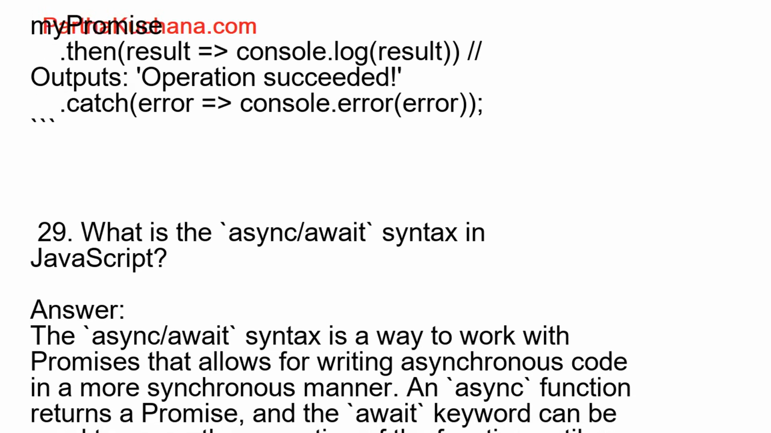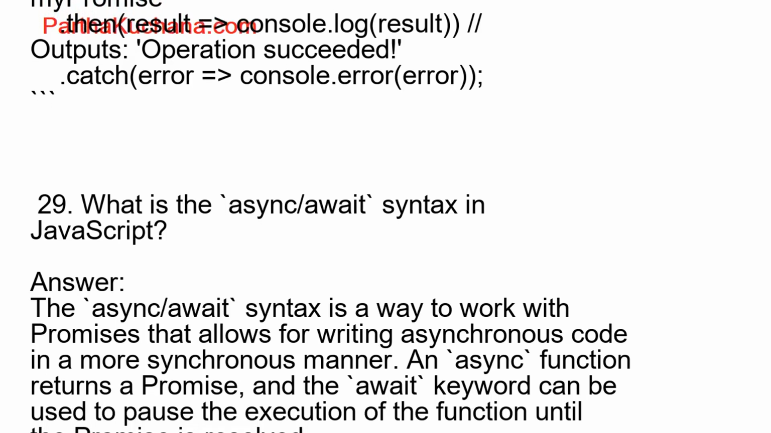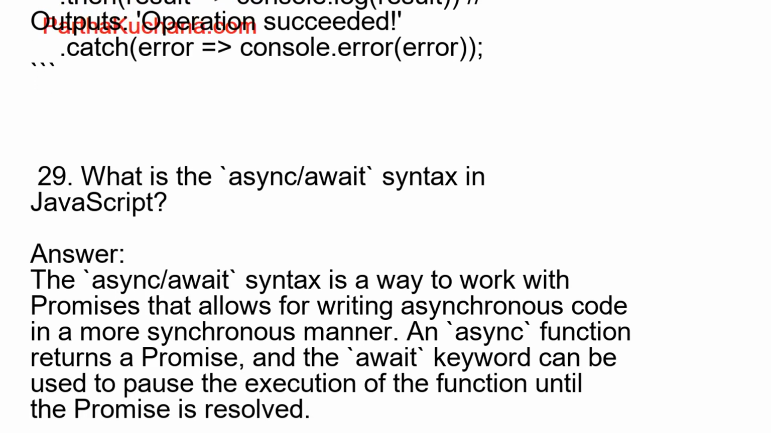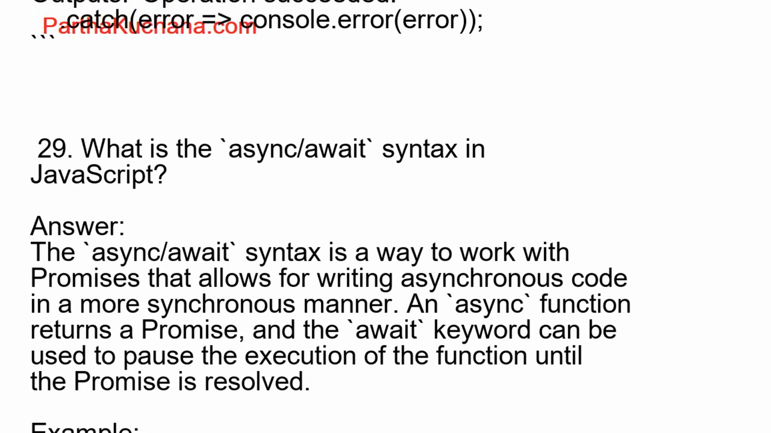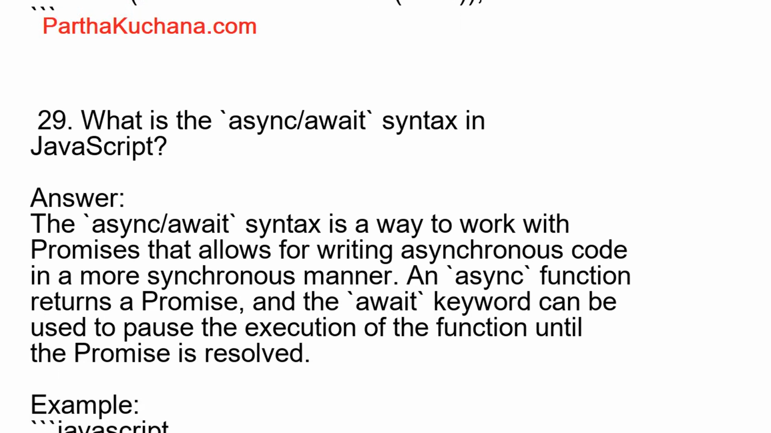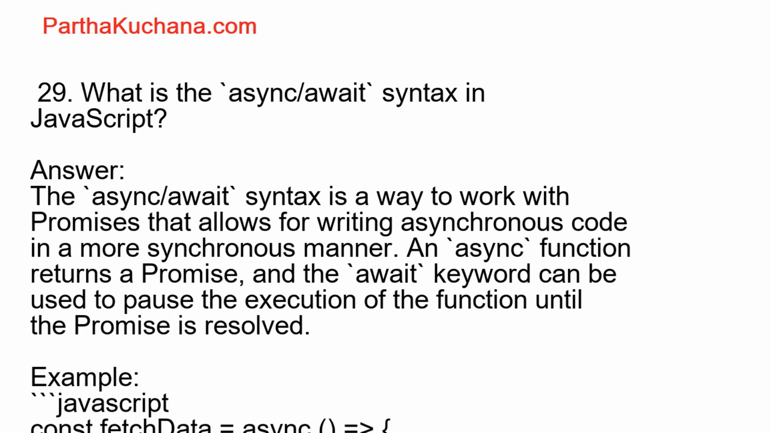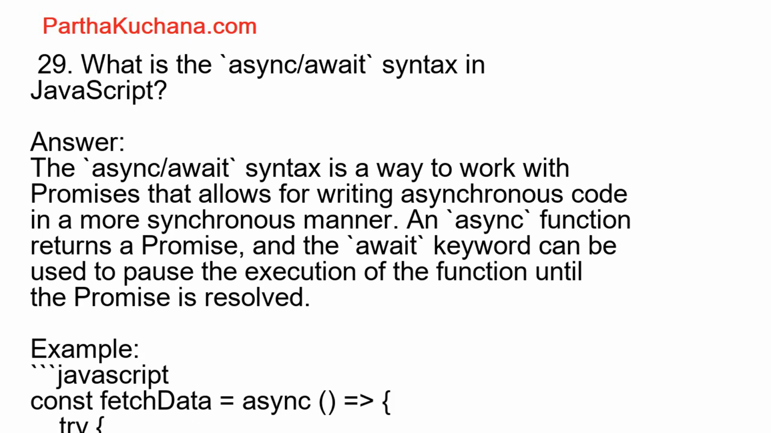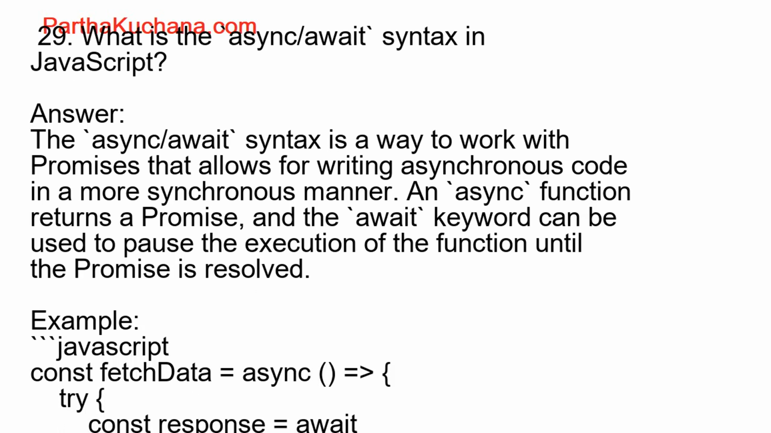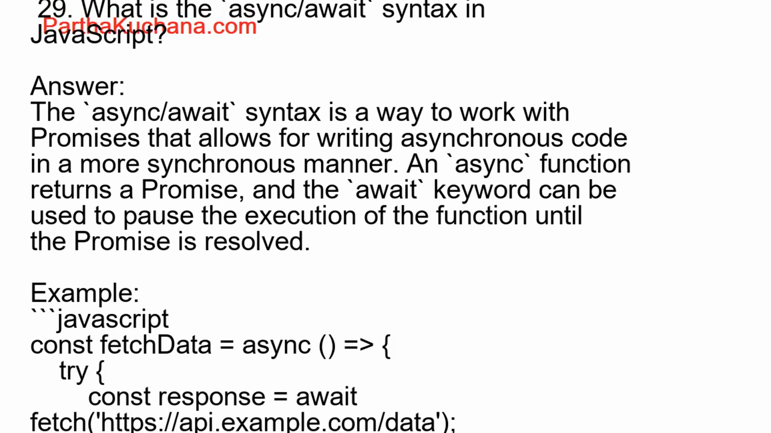Example: array destructuring. JavaScript. const numbers equals 1, 2, 3. const first, second equals numbers. console.log first // outputs 1. console.log second // outputs